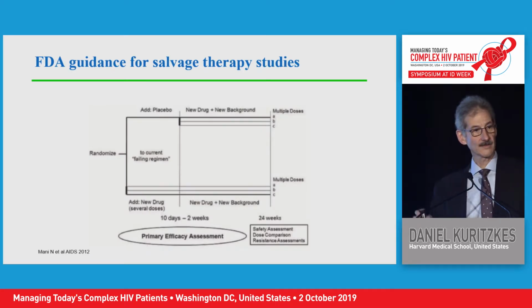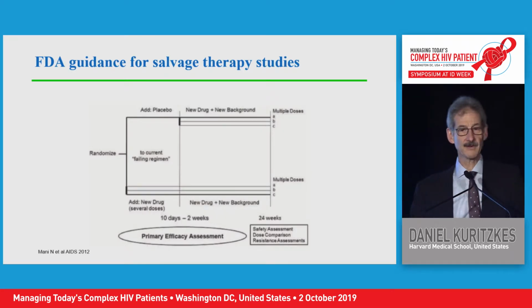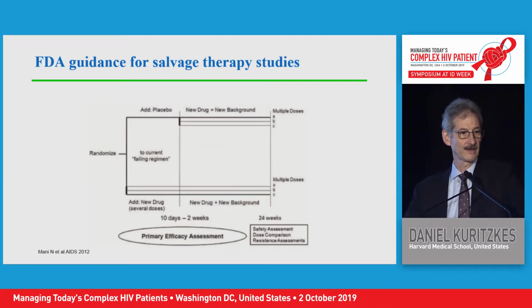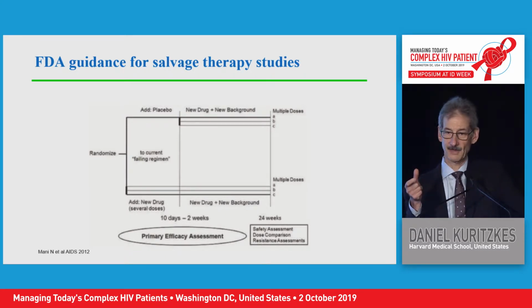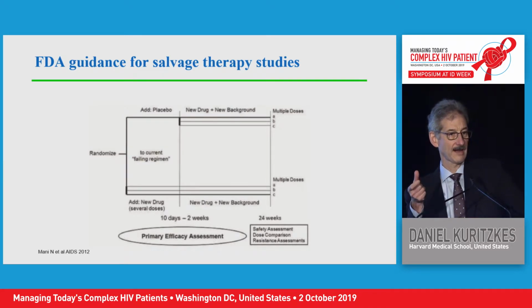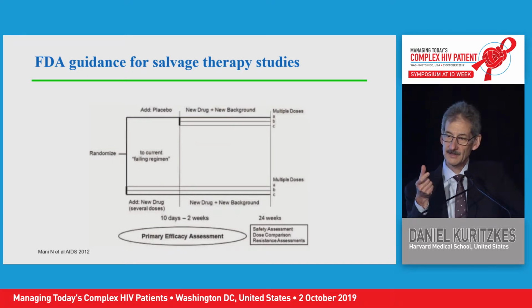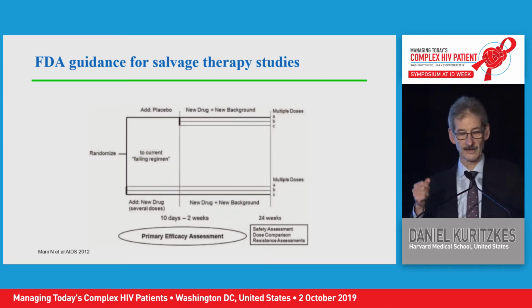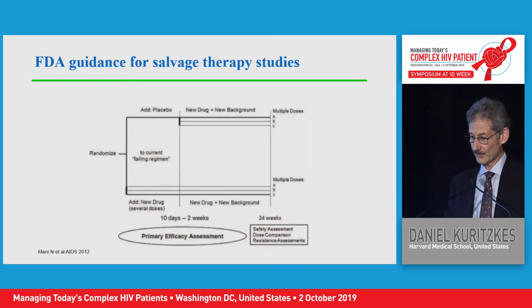So the reason to provide this background is to understand that was not a terrific way of doing these trials, because what you really want to know is how active is the new drug against the patient's virus, and then if we can lock in that activity by optimizing the regimen, if we continue to dose the drug over time, how safe is it? And what, after consultation with